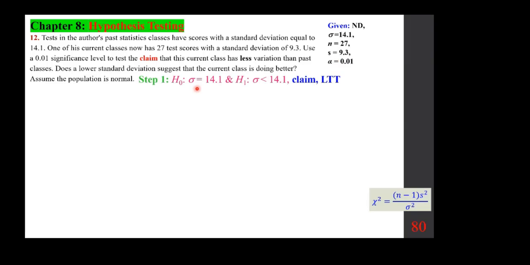H0: sigma is 14.1. H1: sigma is less than that, which makes it a claim. Again, it's a left tail test. We will look at other types, but for now, this is a left tail test, which brings us to the next step, which is calculation